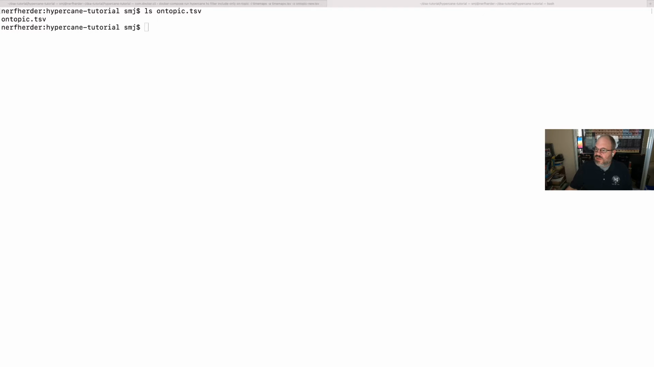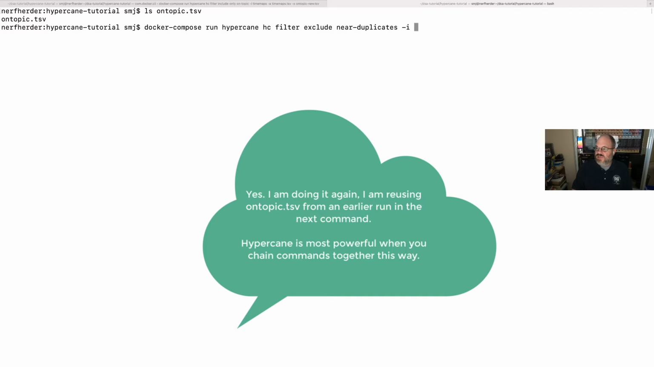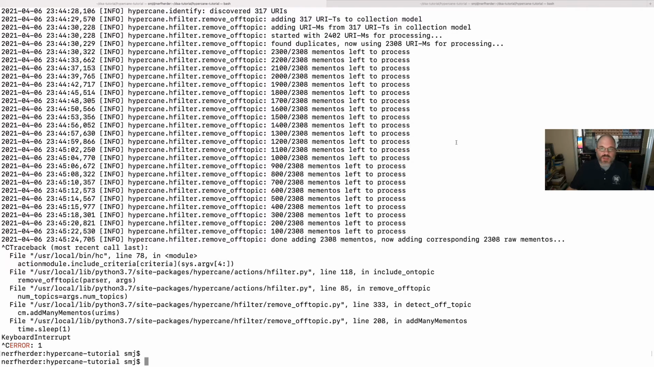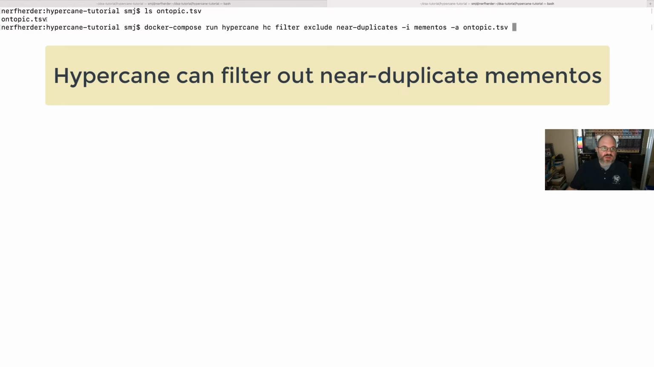So our next thing we can do is to exclude duplicate mementos. And here we can run Docker compose again, and HC filter again is the name of the action. And we can exclude near duplicates from the list of mementos that were on topic for the collection. Now remember, like I said earlier, this is going to take a long time. In fact, I'm not going to let it finish. I'm just going to stop it. I'd run this before and already produced a file named onTopic.tsv just to save us some time. We're going to produce an output file of non-duplicates,